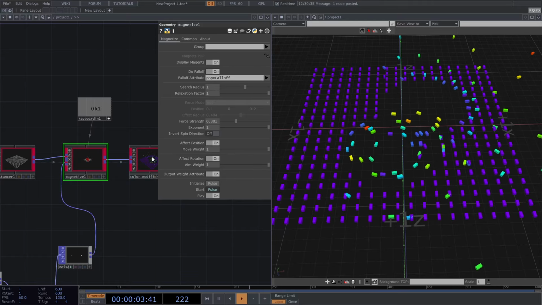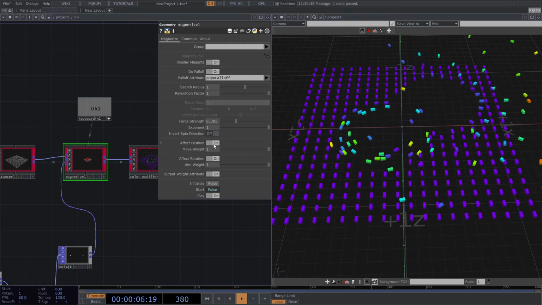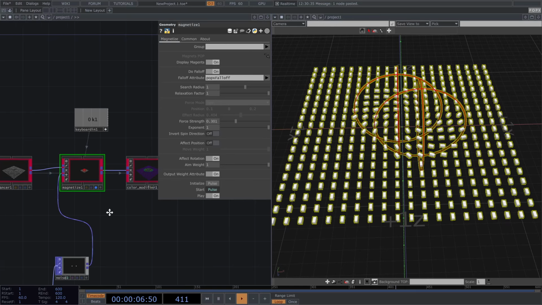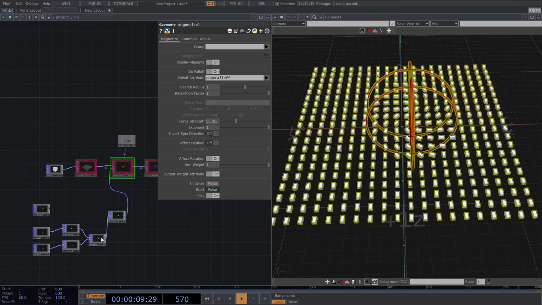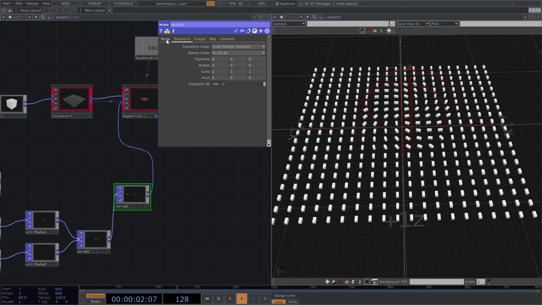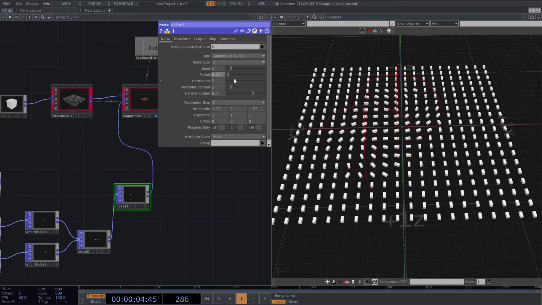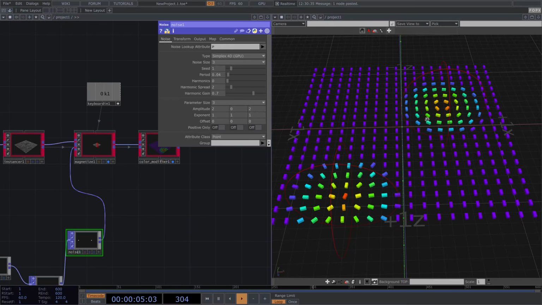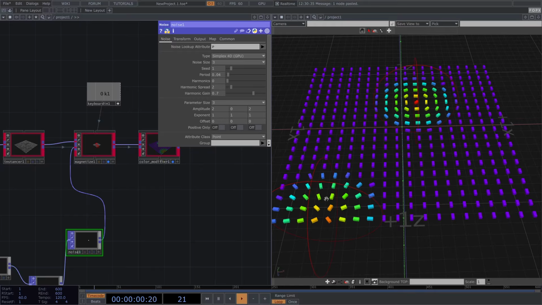And you can see maybe more if I toggle off the position, and only the rotation is being affected. So they are kind of too close to each other, I would say. Yeah, so you see one of them is a spin rotation, and the other one is repulse